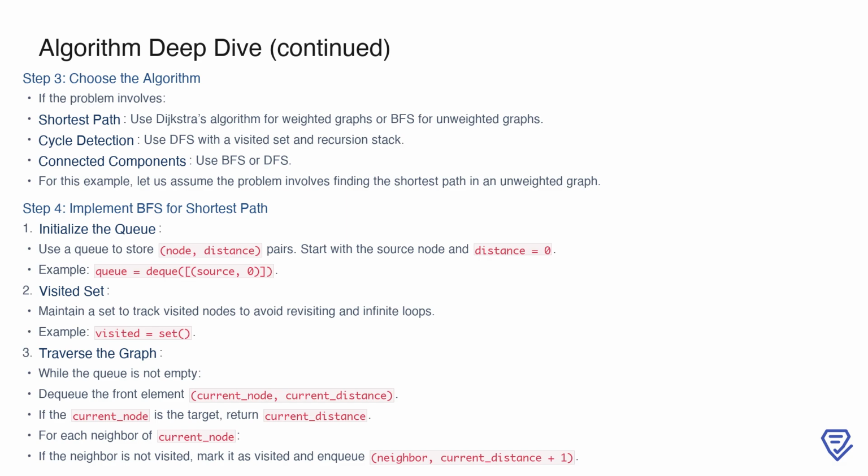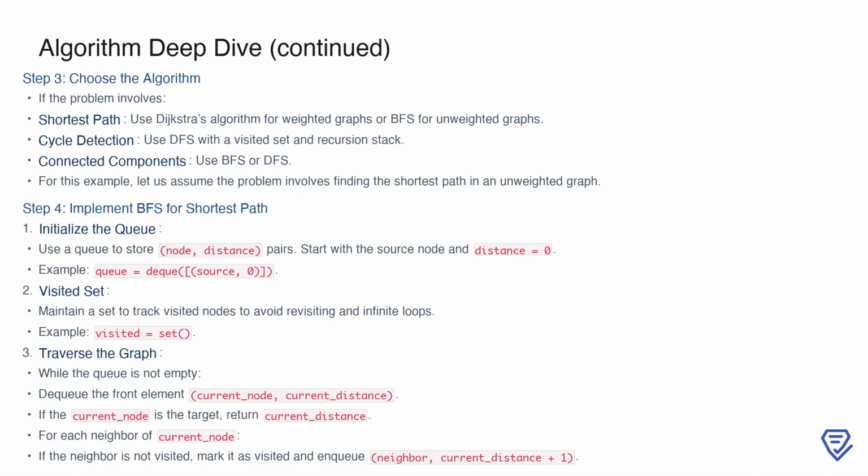Alongside the queue, maintain a visited set to track nodes that have already been processed, which prevents revisiting and avoids infinite loops. For instance, you can initialize it as visited = set(). During traversal, while the queue is not empty, dequeue the front element to get the current node and its distance. If the current node matches the target, return the distance. For each neighbor of the current node, check if it's unvisited, mark it as visited, and enqueue it with an